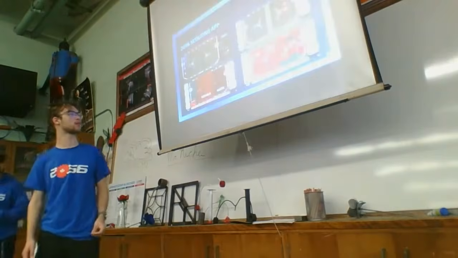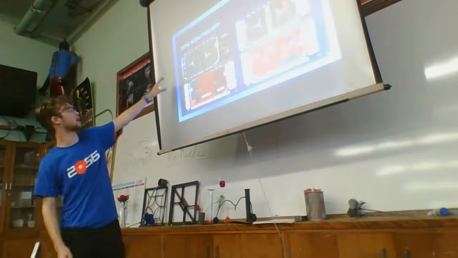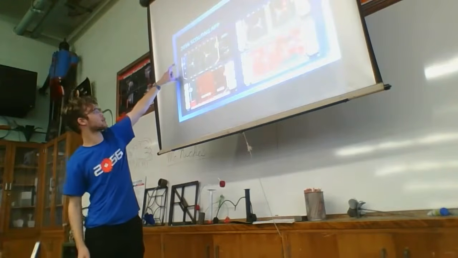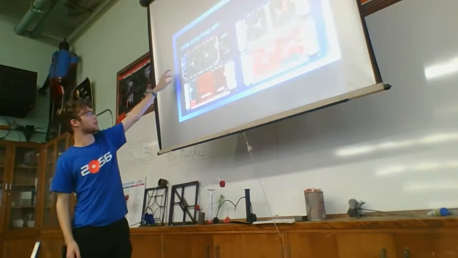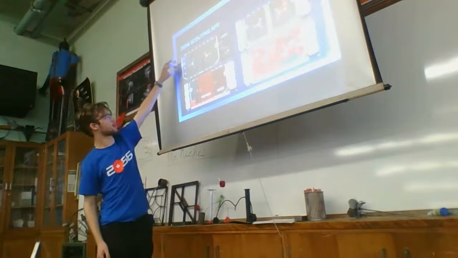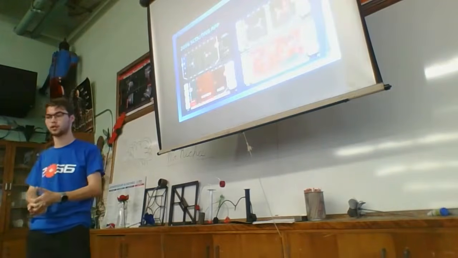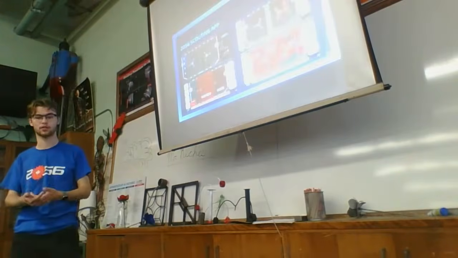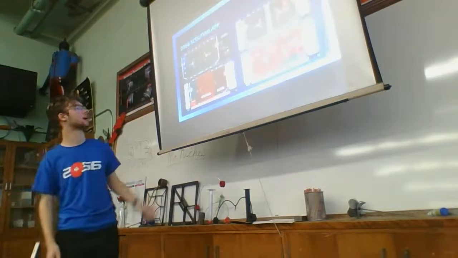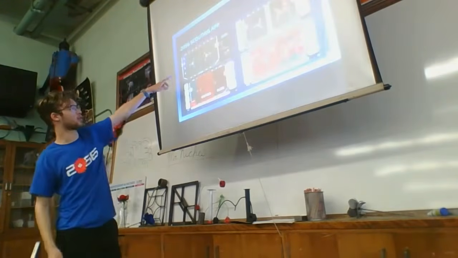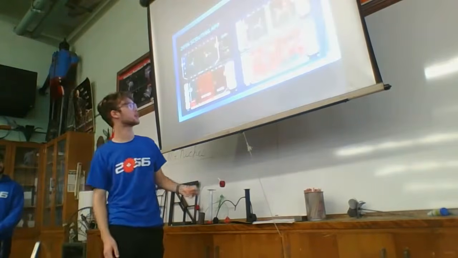So here are some pictures of our app. If you can't see it that well, that's fine. I'll explain it. At the start, you have the starting position of the robot, which we call just 1, 2, 3, and 4. This is important because we want to see where teams start for our individual match strategy going into any matches. We want to see where they start from so that we can optimize the best auto for our alliance. Then after you pick the spot, you enter the match number, your name, that sort of stuff.